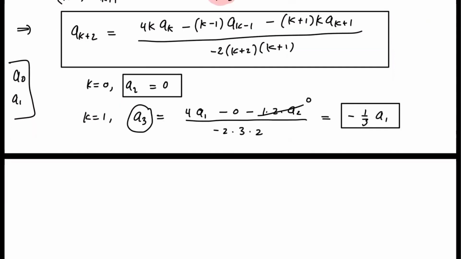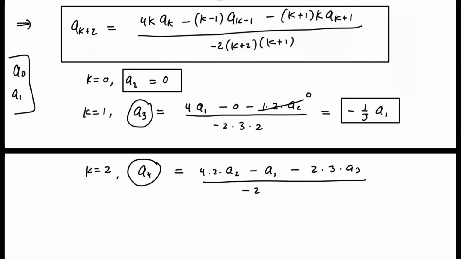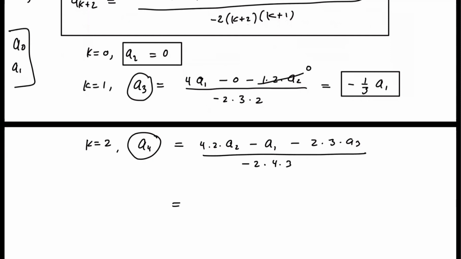So we got a sub 3. I'm going to go for one more, k equals 2. That will give me my coefficient a sub 4. So that's k equals 2 into this recursion formula. We have 4 times k, which is 2, so this is 4 times 2 times a sub 2, and that minus a sub 1 minus 2 times 3 times a sub 3, all over negative 2 times 4 times 3. And by further simplification,